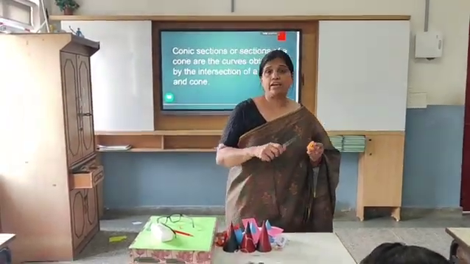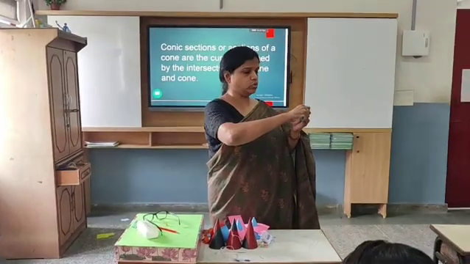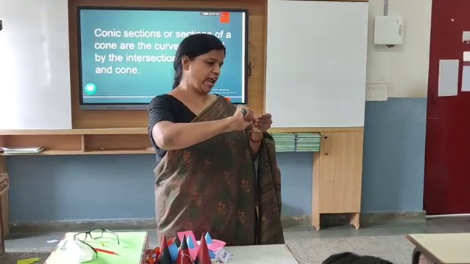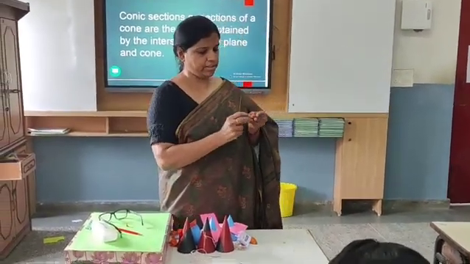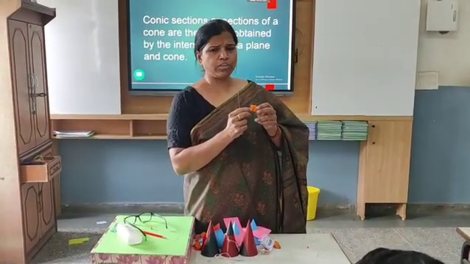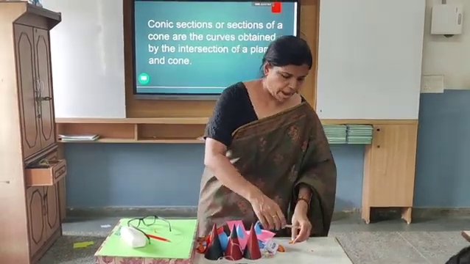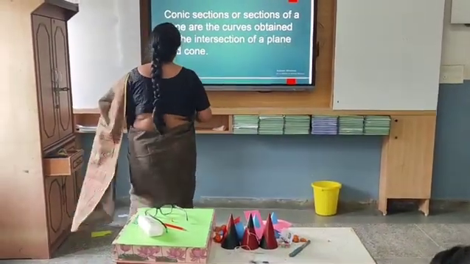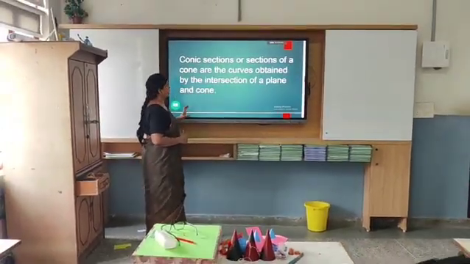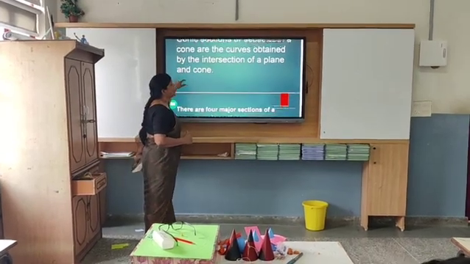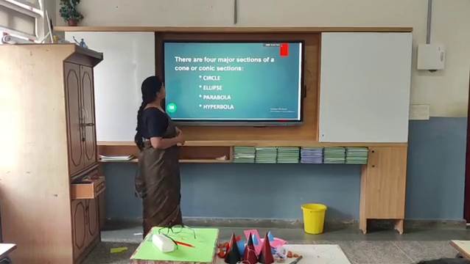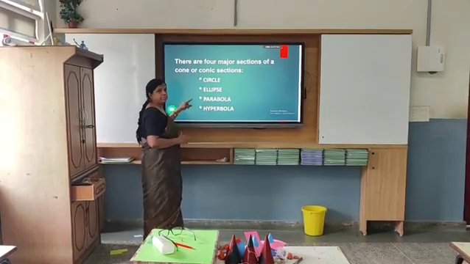And if we include the base also in this plane, which type of shape am I getting here? If I am taking this base, what is the shape of this? Hyperbola or the parabola? So by cutting the cone with a plane, we get different types of sections. These sections are referred to as the conic sections. There are four major sections of a cone: circle, ellipse,